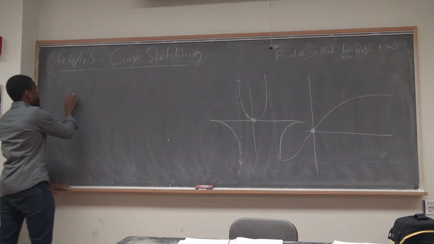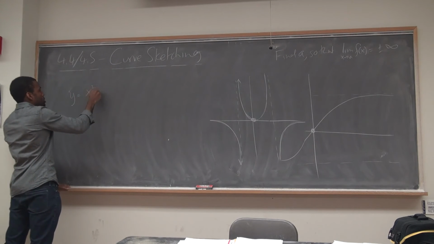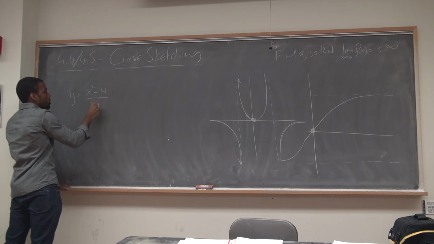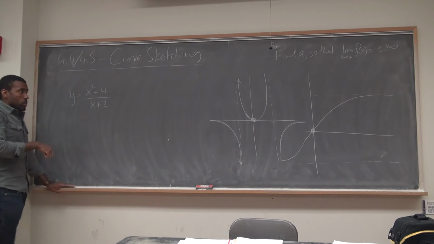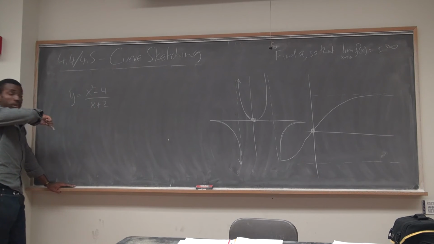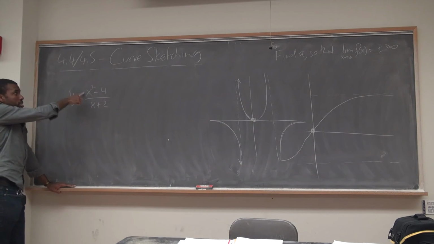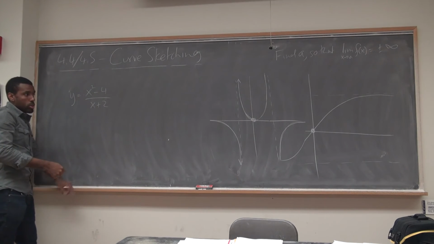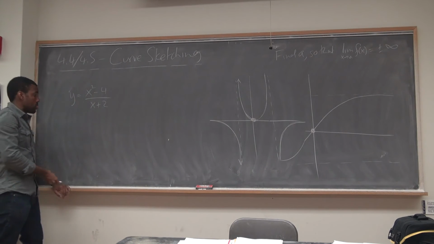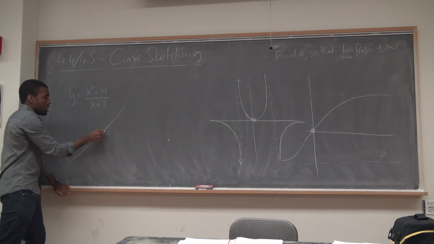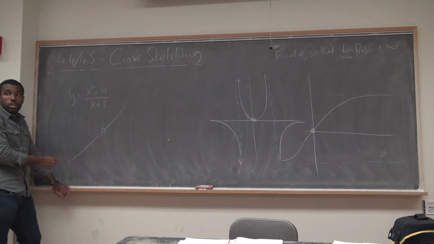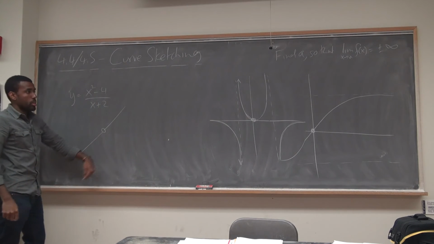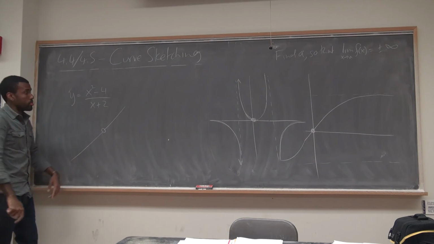Right, so if you're looking at your function like y equals x squared minus 4 over x plus 2, right? Notice that when x is minus 2, you divide by 0, but x is minus 2 also makes the top 0. If both the top and bottom are zeros, you don't get asymptotes, you get a hole, right? So it's like your graph is doing whatever, and there's just a gap. So instead of an asymptote, you'll get a hole.